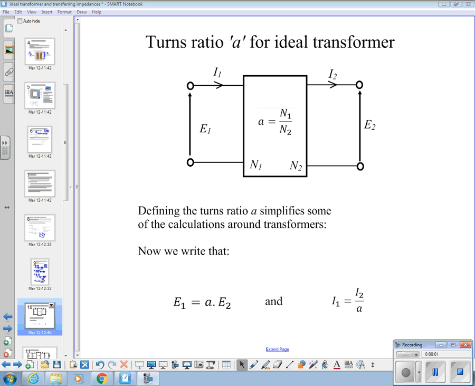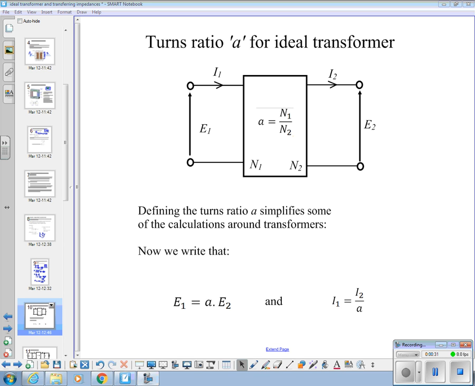Part 3 for today's session. We've now looked at the ideal transformer. What we're going to do now is consider how we can solve some more complex problems by using the transfer and impedance method. So the first part of that is to simplify the turns ratio into a single